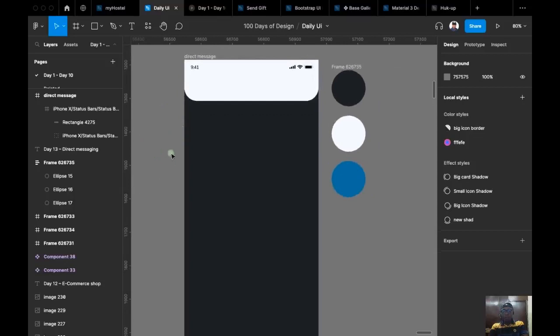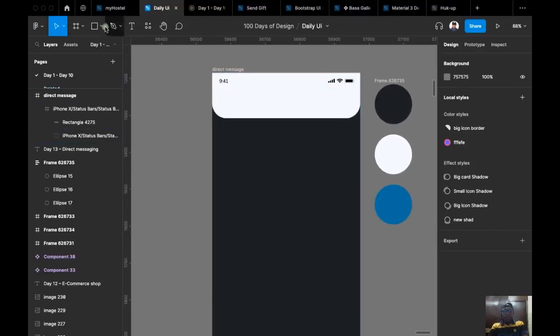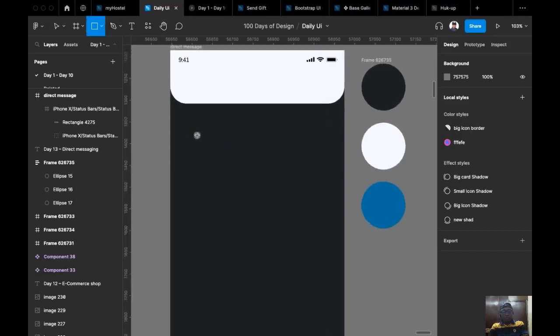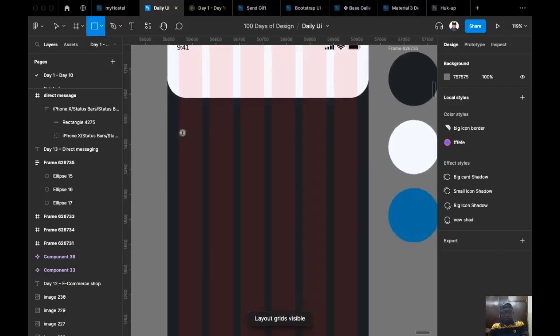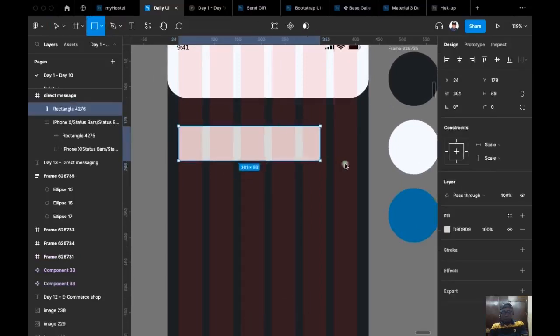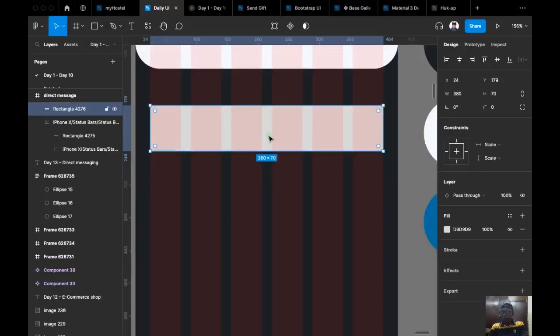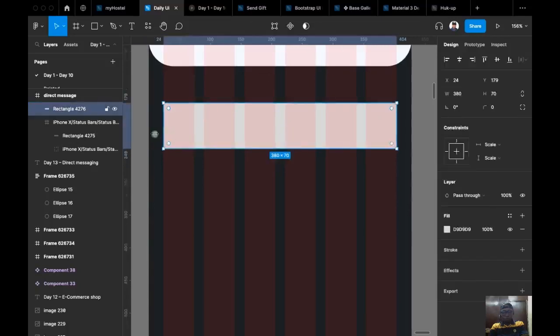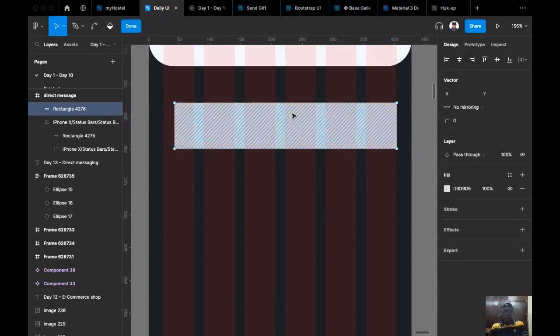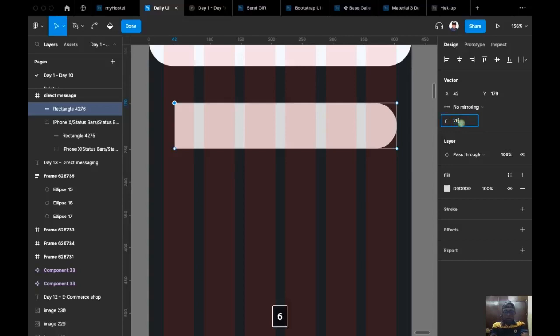So the next thing I want to do is create chats. So to create chats, I'm going to use a rectangle. I'll enable the grid so that I can see it very clearly. So I'm going to create a rectangle just like this size. Just a little bit. So for the corner radius, I'm going to double click on the rectangle, then apply a corner radius of 40 pixels, just like this. For this other corner here, I'm going to take it to 16 pixels,